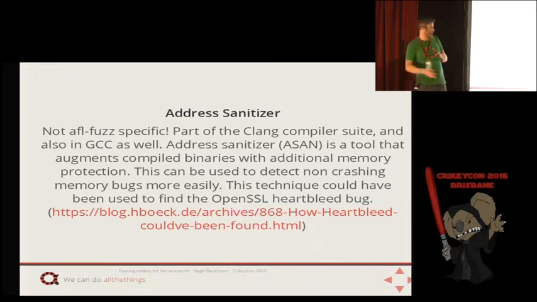So this was actually used by Hanno Böck. Hopefully I'm pronouncing that right. My German's not too good. So he used this ASAN to find Heartbleed. He didn't find Heartbleed originally, so after Heartbleed came out, he's like, I wonder if AFL could have found something like this. So he got OpenSSL, a vulnerable version, and he compiled that with AFL, and then he wrote a